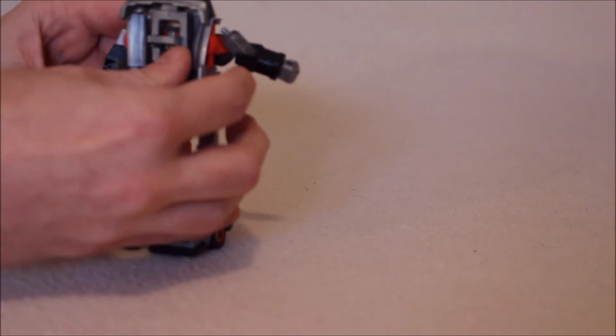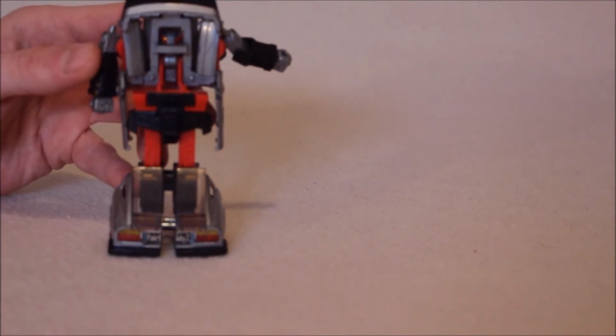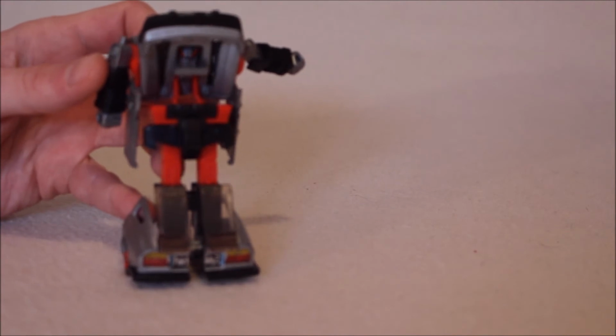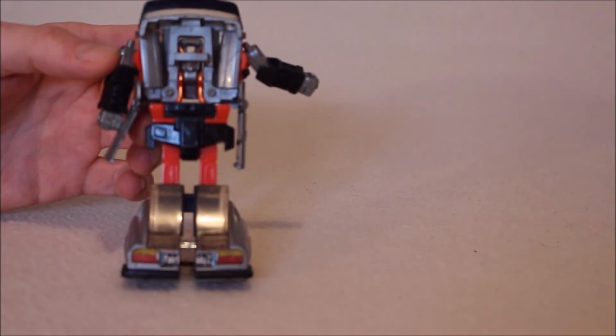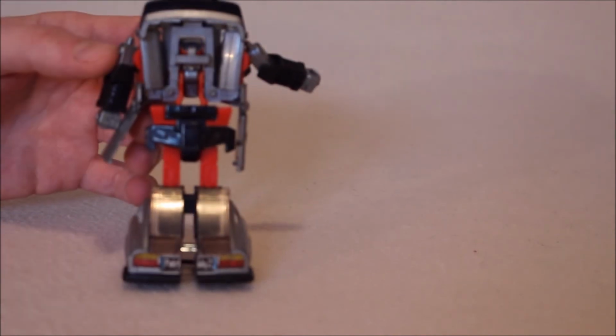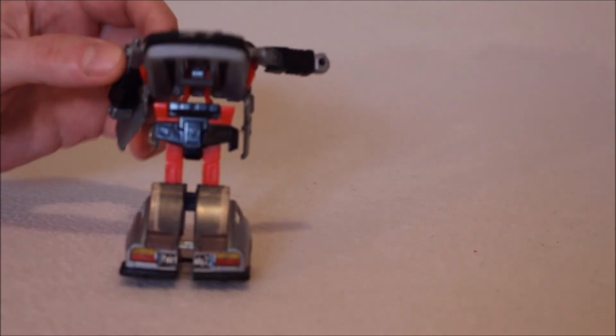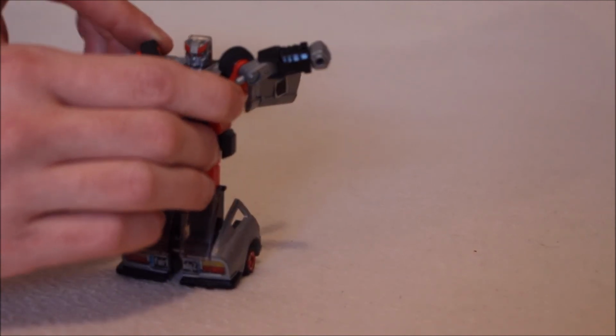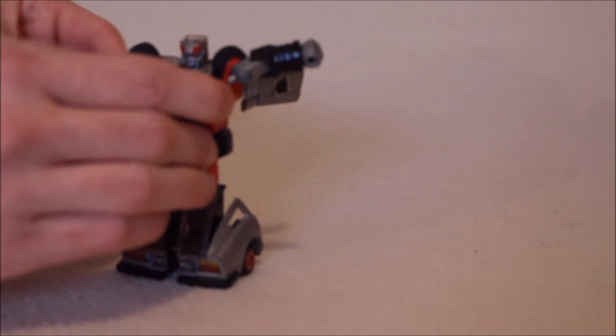And it's really funny, the way the shoulder pieces fold in is actually still reminiscent of what's done with the Classics mold. That newer engineering is certainly influenced by this engineering of the time, and you can see that. We bring down the chest, the head comes up, we now just need to kind of orient